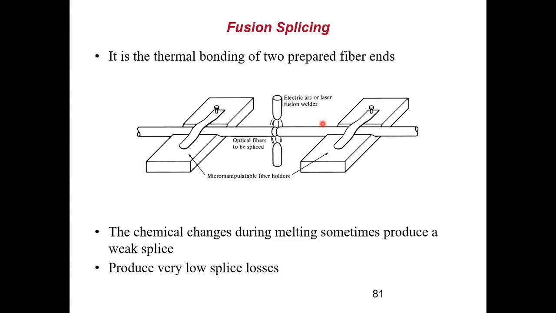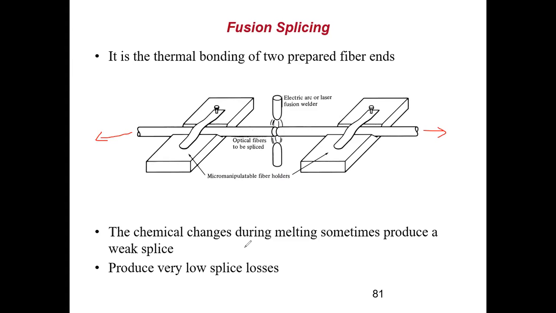And then what I will do, I will perform a test, pull test. So I will pull this fiber a little bit outside, so that if the bonding is weak, it will come out. So I come to know that the fiber is not joined. So this pull test, I will apply a little bit axial pressure towards the outside, and then the process of fusion is complete. Every splice will introduce a loss.